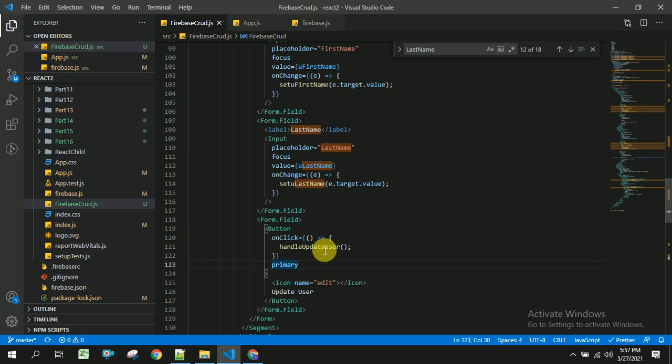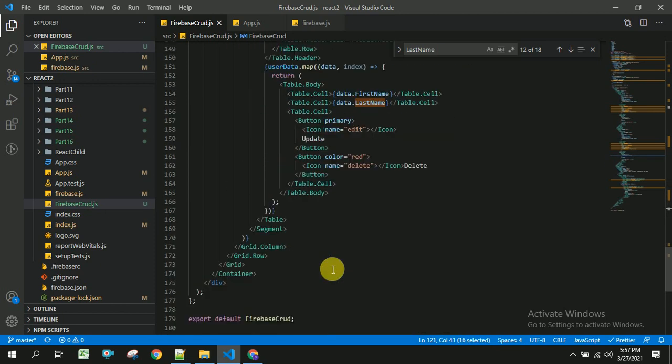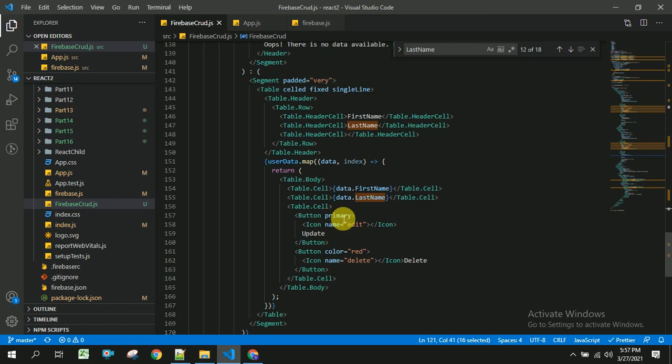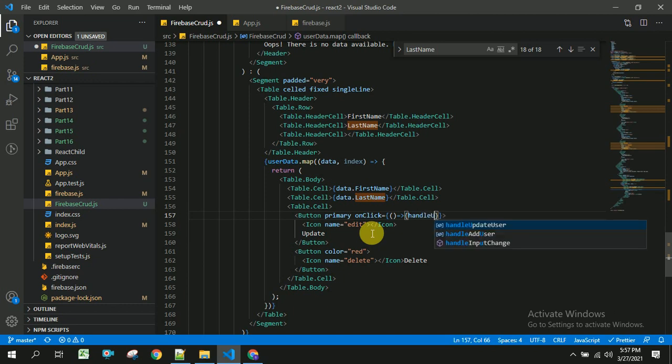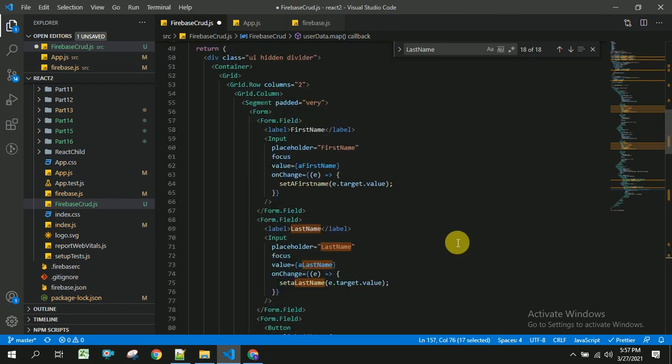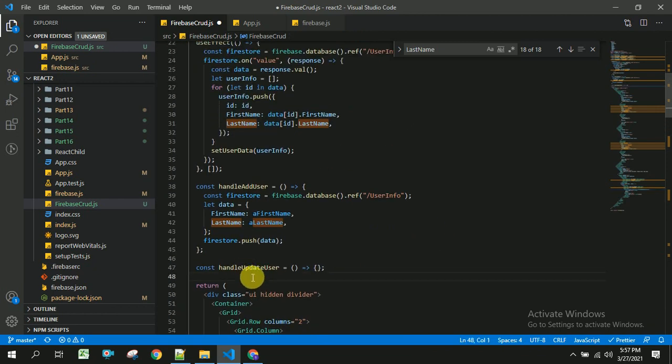Here I am going to create an on-click event handler. So once user clicks on this, handle update click function will be called, and I am going to create this function by using arrow function syntax inside our functional component.